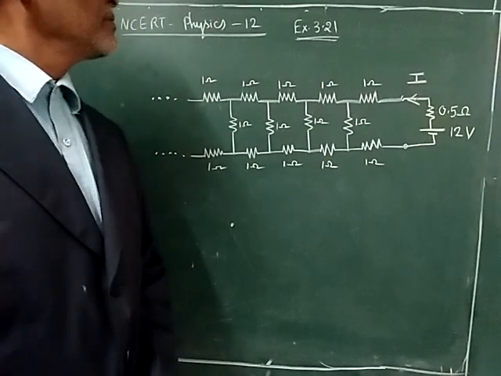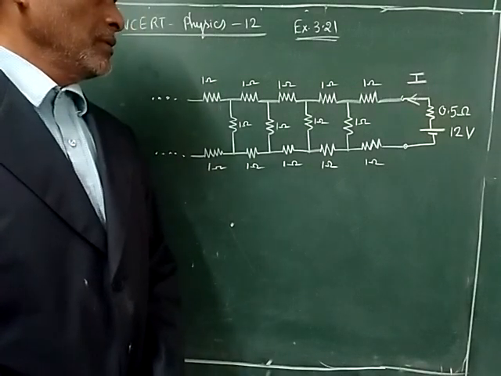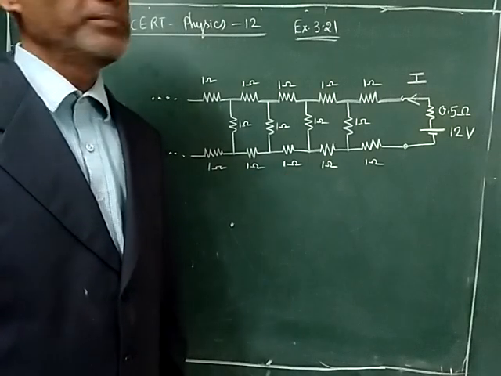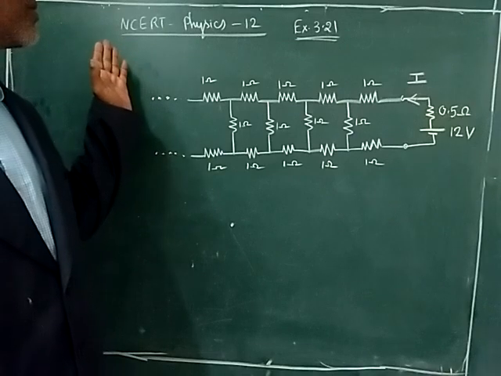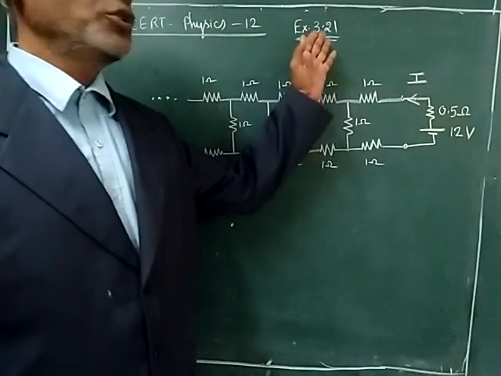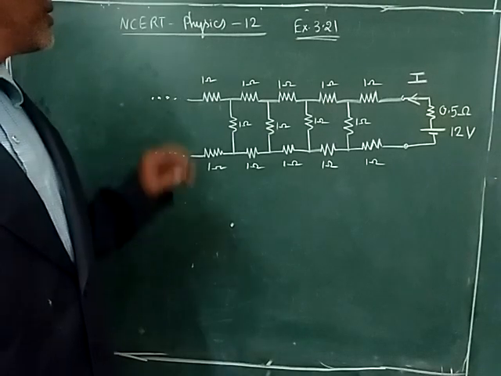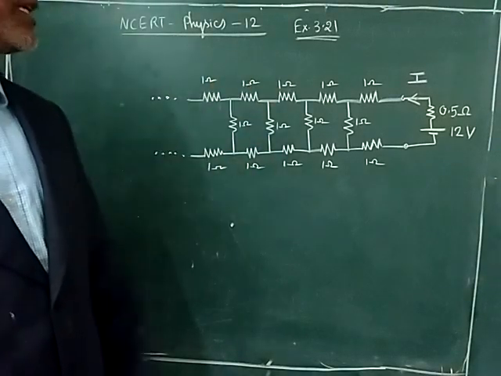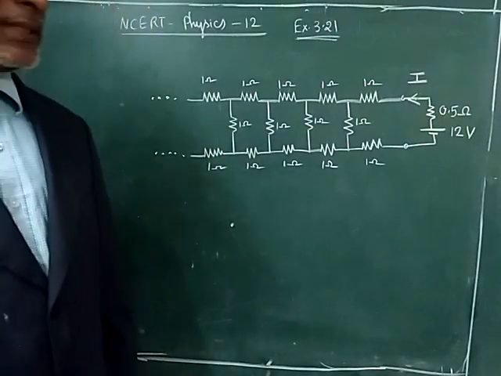Today we are going to solve one electric circuit problem. This is exercise 3.21, chapter 3, NCERT Physics 12th standard problem. Now the question is,